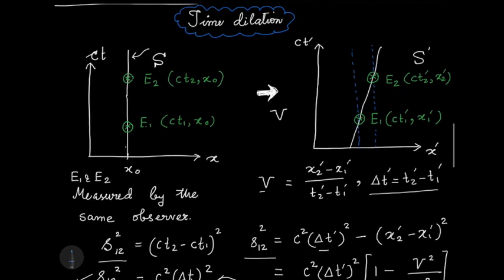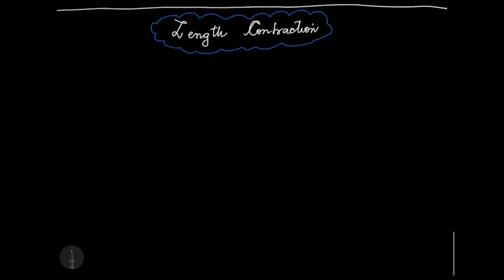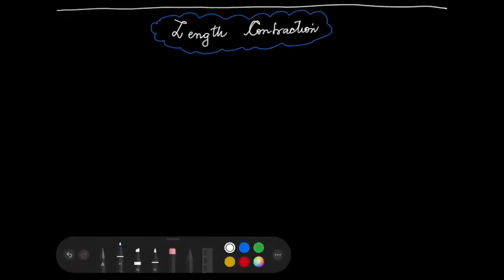The clue here in the time dilation to remember is that the proper time is measured by the same observer. That's why it's called proper. It's measured in the frame where that observer is at rest, or these two events are happening at the same position. Okay. So let's come to length contraction, and let's ask the question, how do I measure the length of